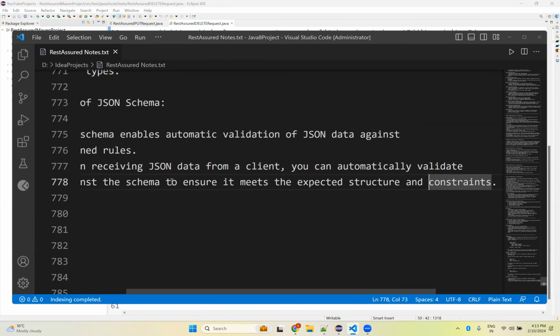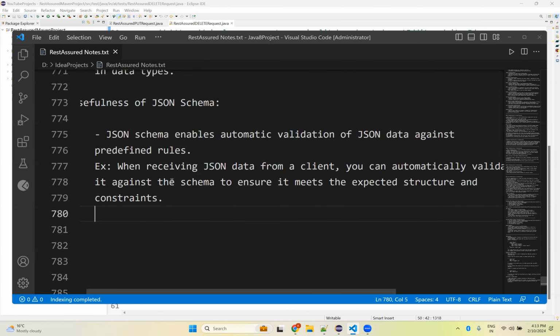Okay, expected structure and constraints. That is one of the usefulness, and it improves